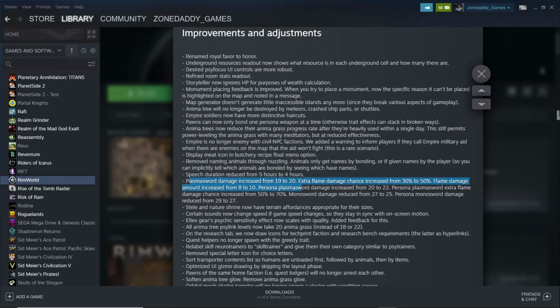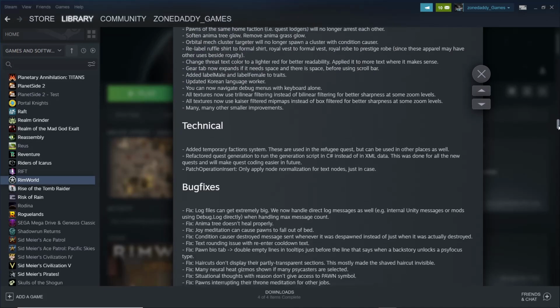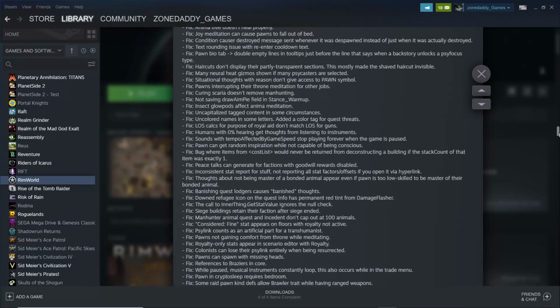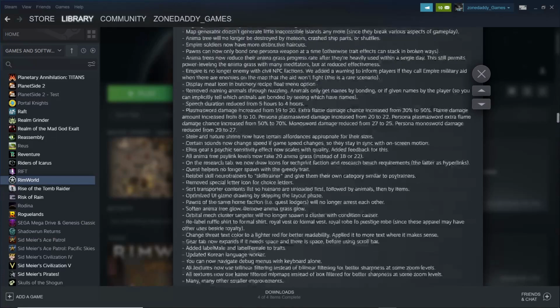Here, I'll scroll through it pretty slowly just so you guys can pause and look at it if you really want to. That's not the main stuff. And here is the technical, added temporary factions and such. This is for modders and such. Bug fixes, he fixed a few bugs, that's what the point is. And that is it for the